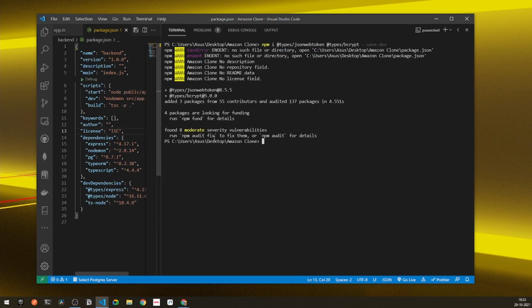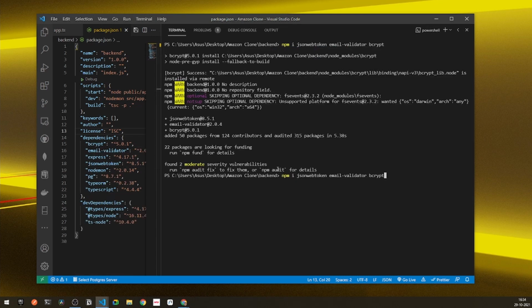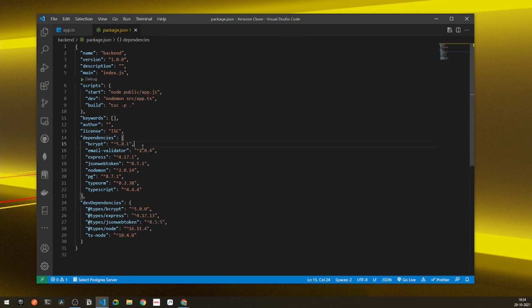Alright, I guess we haven't put it under our backend folder. So what we can do, we can simply go under our backend folder for now and run the following commands one more time. So simply run the following command, that is npm install all the packages. And yeah, one more command for all the types. So I will simply run the following command for all the types. Awesome. So here you can see I got all the packages up and ready.